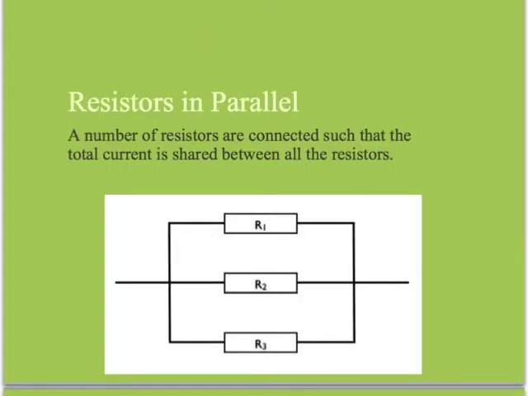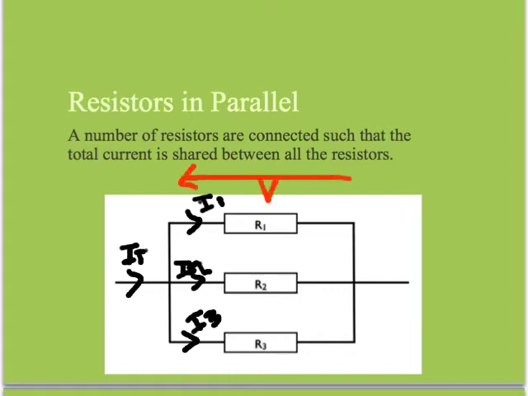Now deriving it for parallel, what do we know about this one? Well, in this case, if we have a current here, I total, that's going to split up into I1, I2, and I3. But we do know also that the potential difference across all these resistors is the same, and let's call it V. Now, what we're going to do here is look at using Kirchhoff's first law,